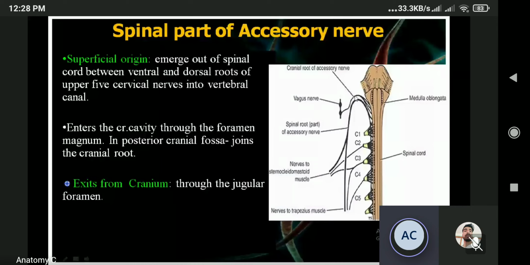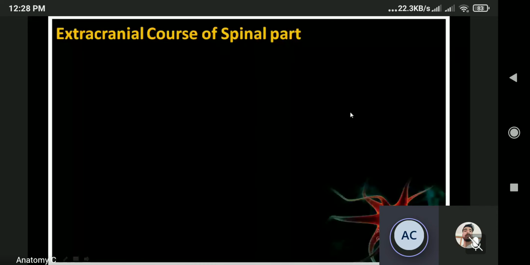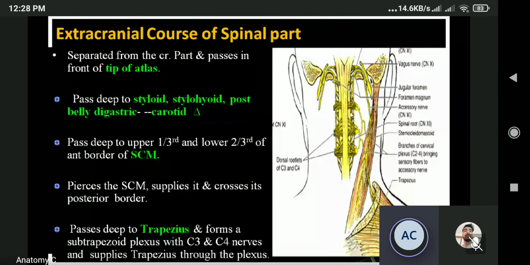Then the cranial root joins the inferior ganglion of the vagus nerve, whereas the spinal part of the accessory nerve will separate from the cranial part. Then it will pass in front of the tip of the atlas, deep to the styloid process, deep to the stylohyoid and posterior belly of digastric. Then it will be related to the anterior border of the sternocleidomastoid muscle at the junction of upper 1/3